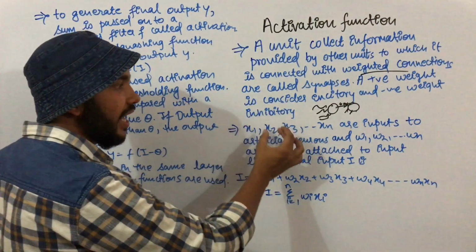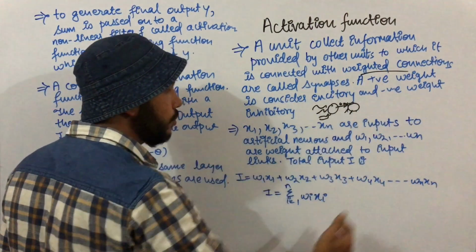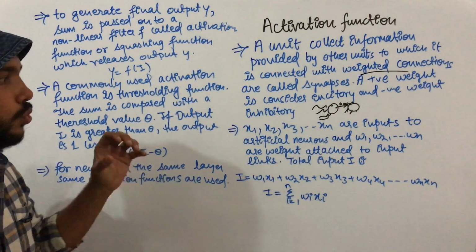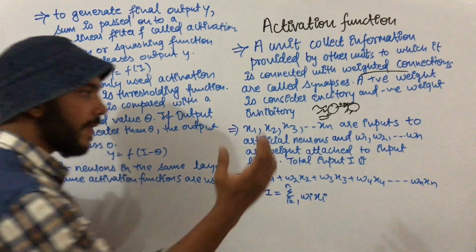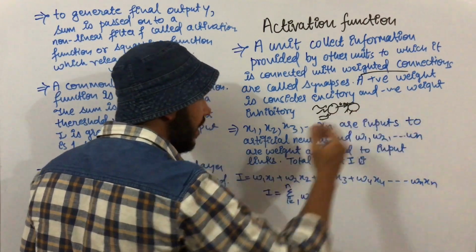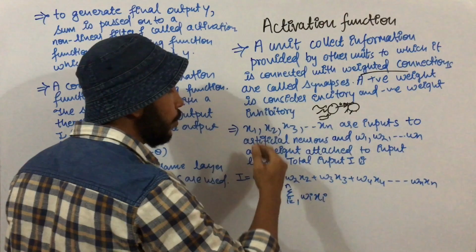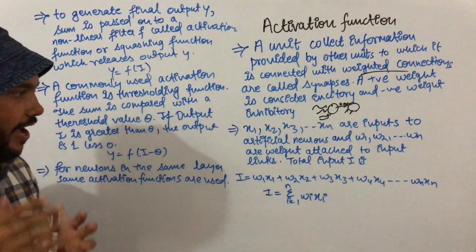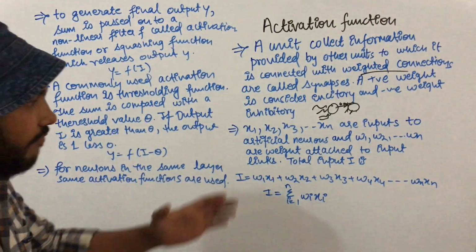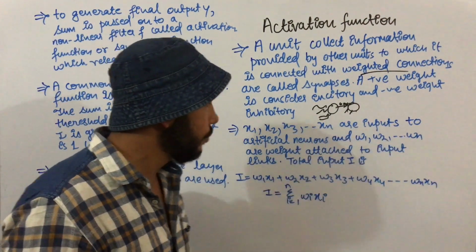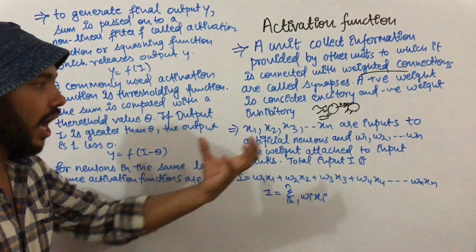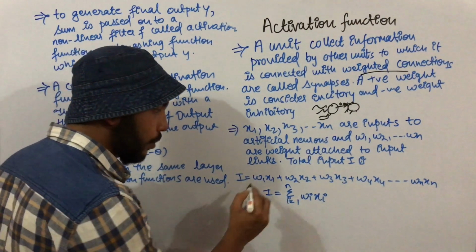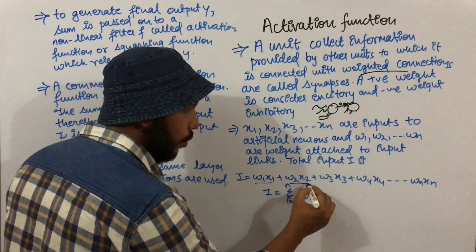Suppose we have x1, x2, x3 and so on as inputs to an artificial neuron, and W1, W2 and Wn are the weights attached to the input links. We have this input, and each input has some weight associated with it, which we consider W1, W2, W3. Then the total input I can be represented as I equals W1 into X1 plus W2 into